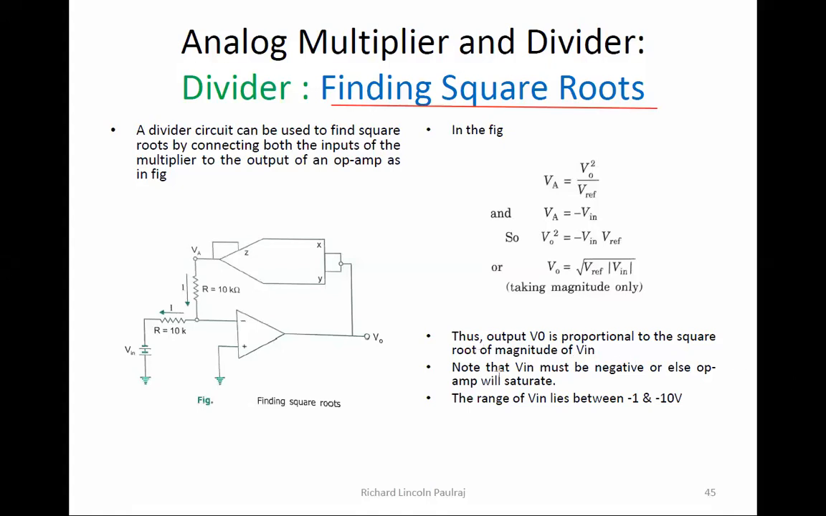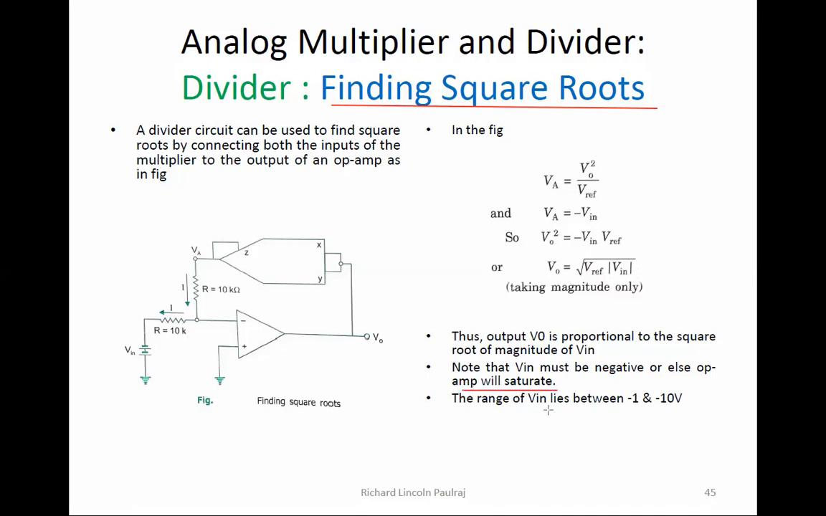Note that V in must be negative. So this V in that we are giving should be a negative value, or else the op-amp will saturate. If I give a positive value, it's going to saturate. If I give a negative value, then it's going to function fine. But here in our formula, we are going to just consider the magnitude, which means the negative is not considered. We just take the value. So V in, so that the op-amp does not saturate,